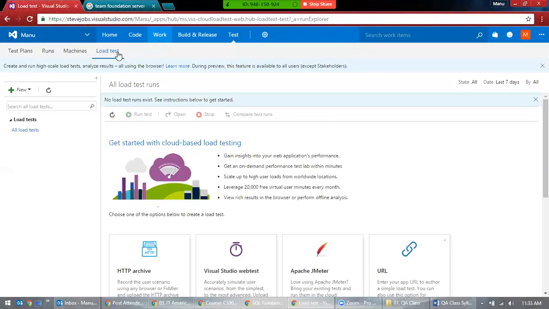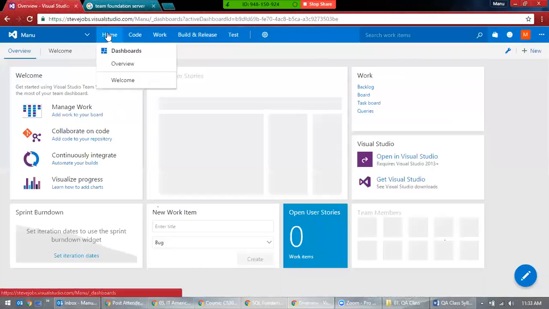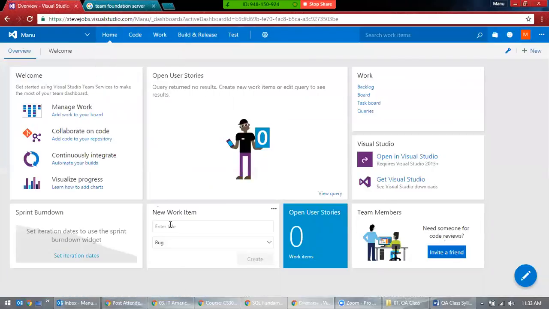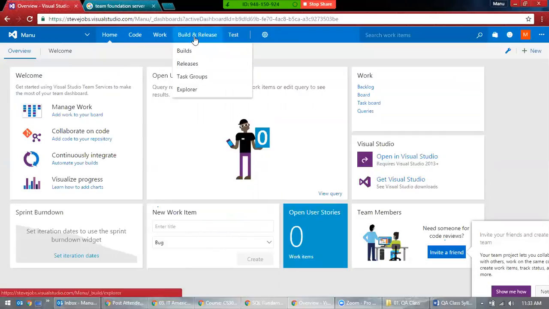So you can open a defect right from the dashboard. From the dashboard here, you see this item, you can open a defect right from here. Now you can create a test case, user story, task, issue, feature, epic, bug, everything you can create right from this dashboard. Even if you want to create a bug, you can create it right from there,